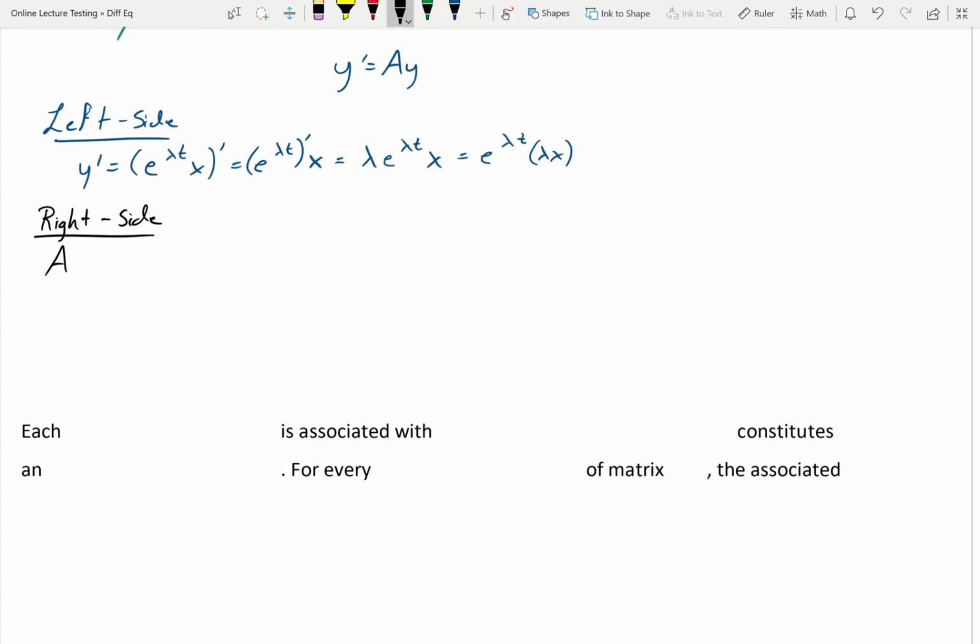Okay, we have Ay, which is equal to A times our solution that we're trying to get out of this, which is e^(λt) x, which we can move around because A is a constant. Here we're going to interchange the A and the e^(λt), so e^(λt) Ax. I'm able to move this around because A is a constant matrix, and e^(λt) is some function that's multiplying the matrix, so I can move that to the left-hand side. So that's where the movement's coming in. And so when we combine these together,